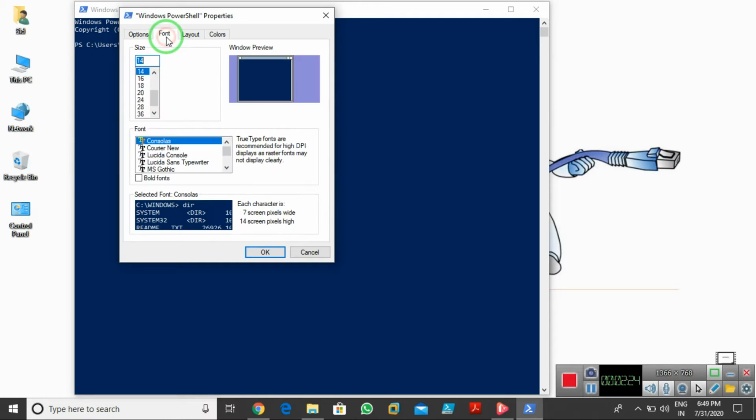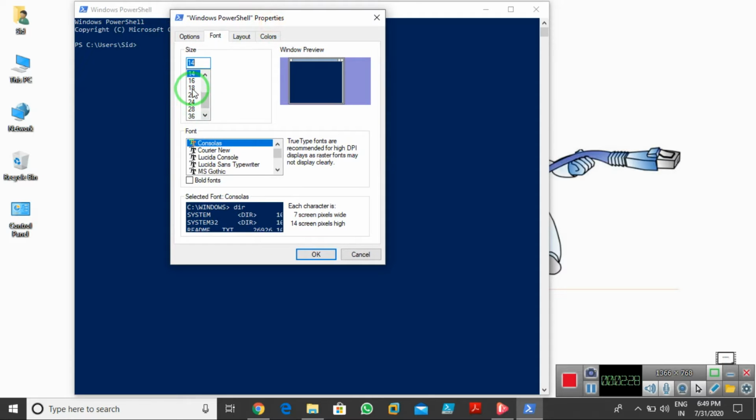Now if you click on Font, there you can increase or decrease the font size. Right now the font size is 14, so I'll go for 18 for this video, because I want all the people to be able to see clearly. And we have a font style also. If you want to change the handwriting style, you can go for that too. You can see the change there. By default, this is okay with me.